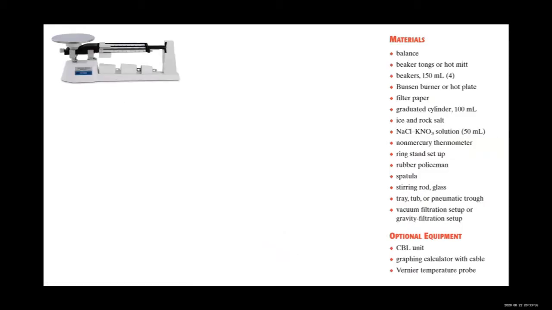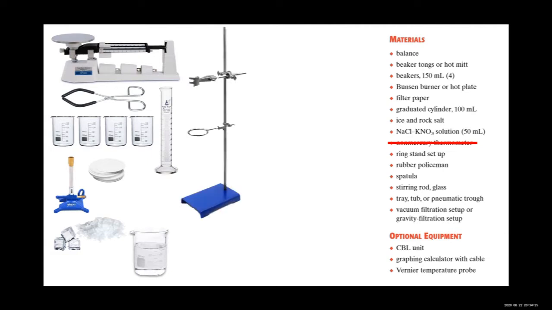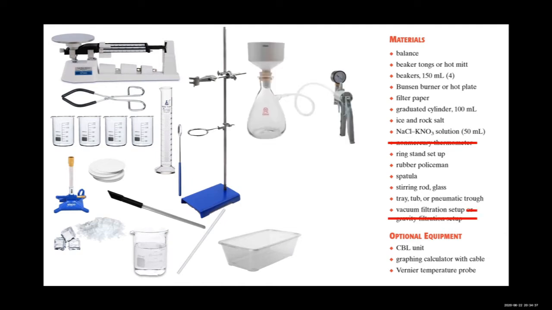Materials. Balance. Beaker tongs or hot net. Beakers, 150 milliliter. Bunsen burner or a hot plate. Filter paper. 100 milliliter graduated cylinder. Ice and rock salt. Sodium chloride and potassium nitrate solution, about 50 milliliters. Non-mercury thermometer, or the CBL unit, which we will mention at the bottom. Ring stand setup, rubber policeman, spatula, glass stirring rod, tray, tub, or pneumatic trough, vacuum filtration setup, or gravity filtration